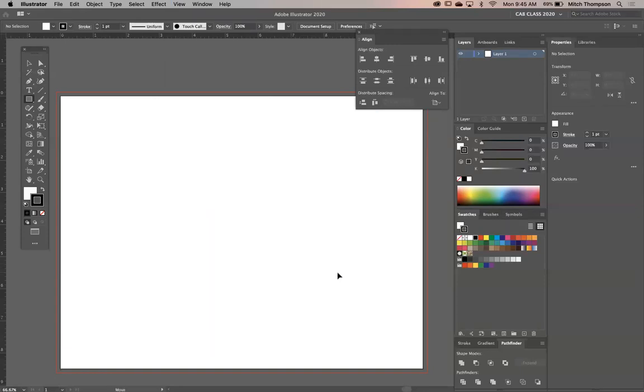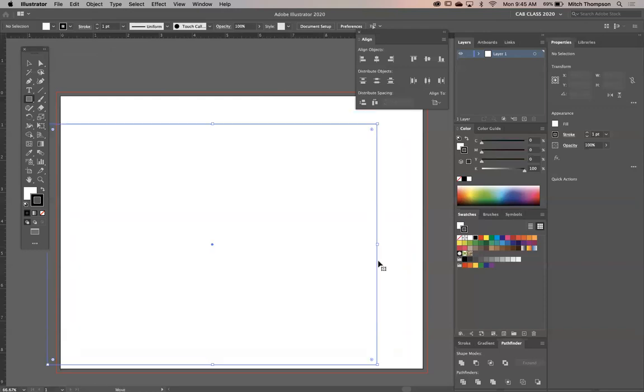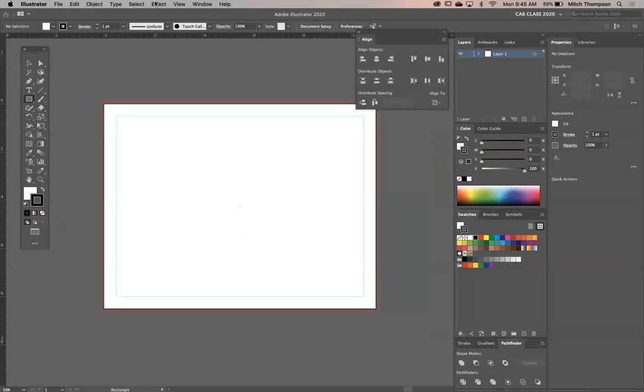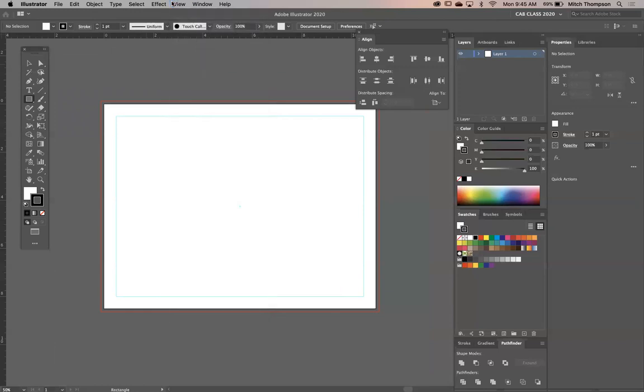And then that will allow you, check it out, you can then move your guide around. So if you want to try that, Command Option semicolon, lock guide. Command Option semicolon, unlock guide. Neat, eh? Anyway, if you don't remember that, it's all good. You know your guides are here, lock, unlock. But that Command Option semicolon can be helpful for sure.